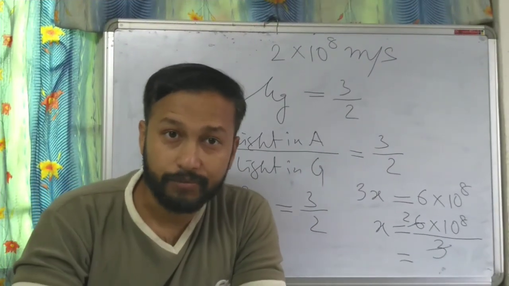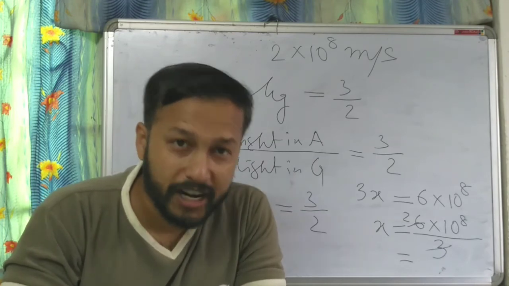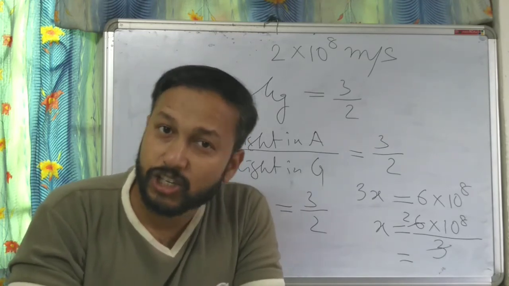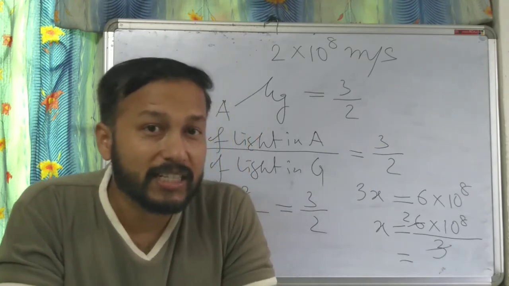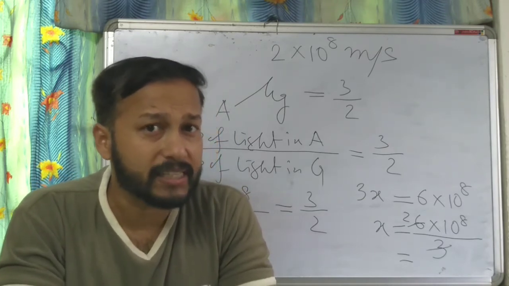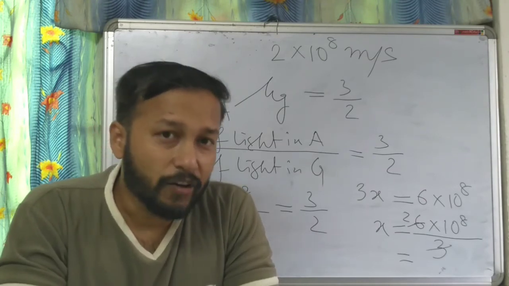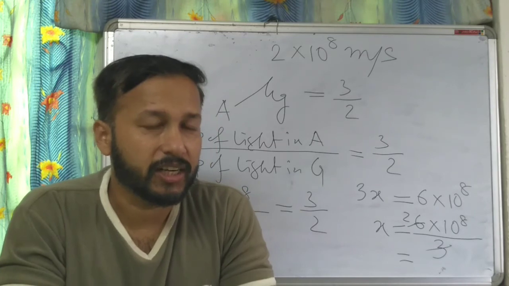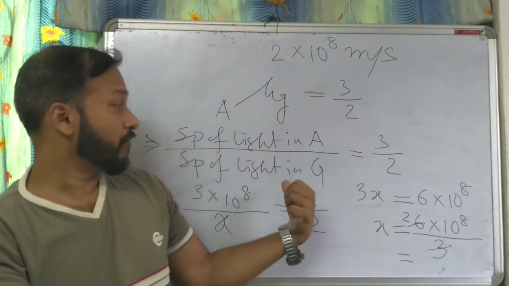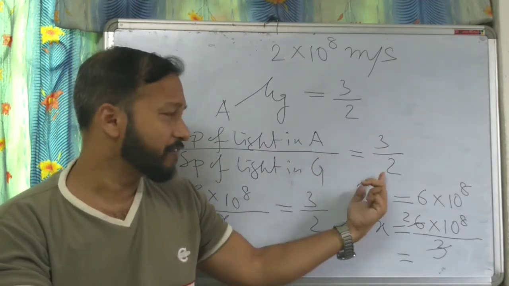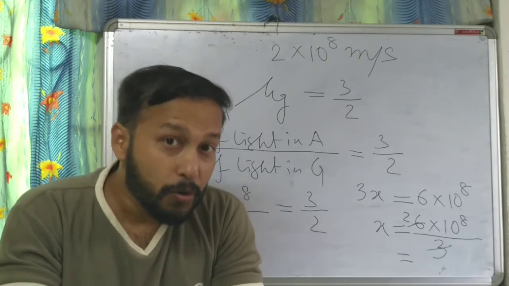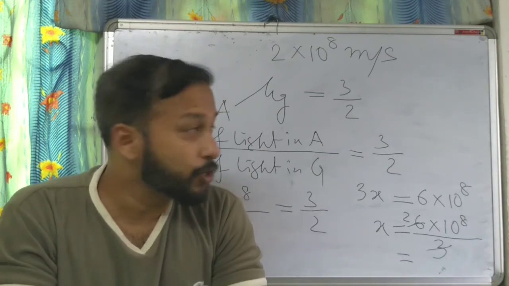So in the whole session, what we discussed is refraction of light. Then we discussed refractive index. And remember, refractive index does not have any unit. Why? Because it's just a ratio. And after that we saw that refractive index is equal to sin I by sin R. What is I? Angle of incidence. What is R? Angle of refraction. And after that we saw how to find the speed of light in any medium by using refractive index. So both the formulas you have to remember, and we'll see a few more topics and numericals related to this chapter,